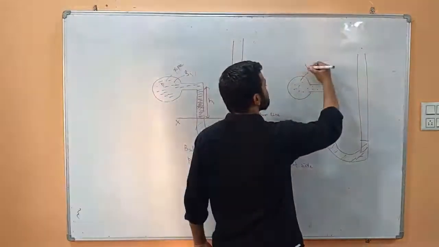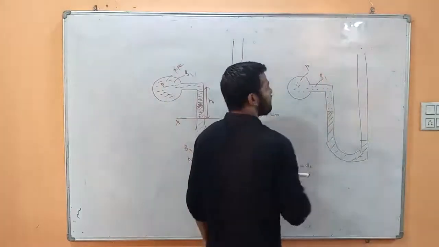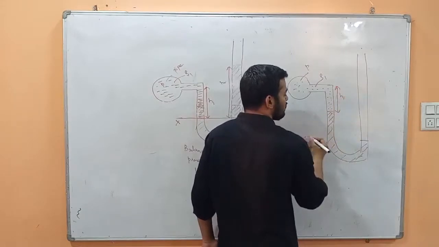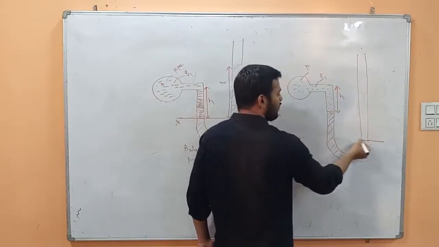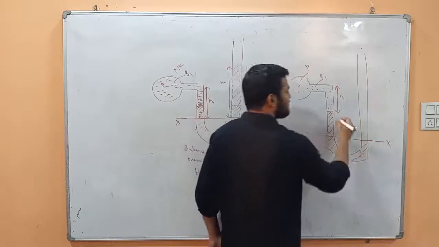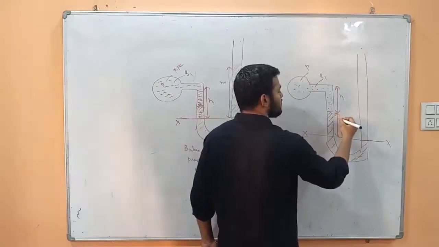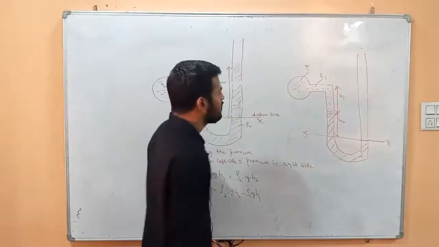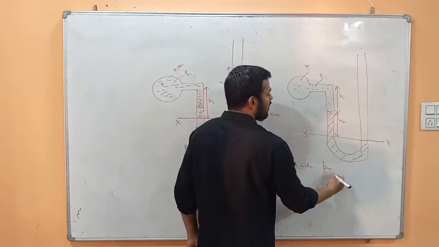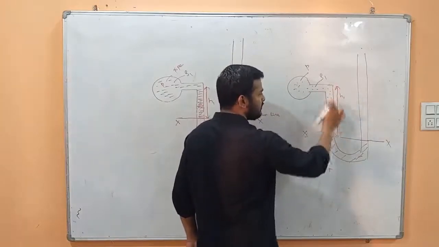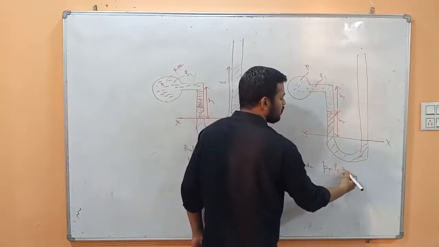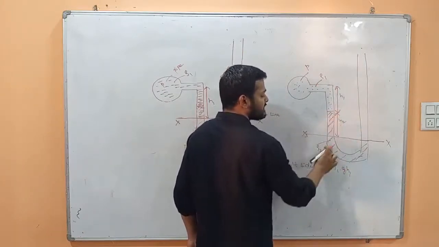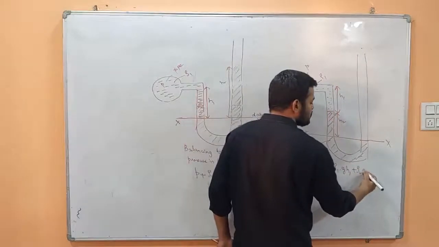Now one is the pressure inside the pipe, and let's say the density of this liquid is rho 1, and this has a height of H1. So we will draw a datum line at the lower level of mercury, and let's say this height of mercury is H2. Now balance the pressures. The concept is balancing the pressure. On the left side we have P, and this height H1, which has a density of rho 1, so rho 1 GH1. And we have the height of mercury, which has a density of rho 2, so plus rho 2 GH2.